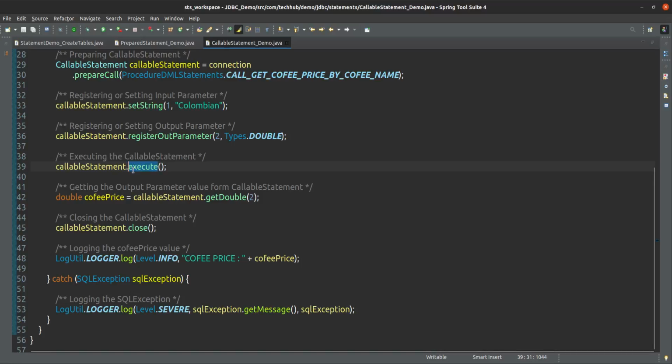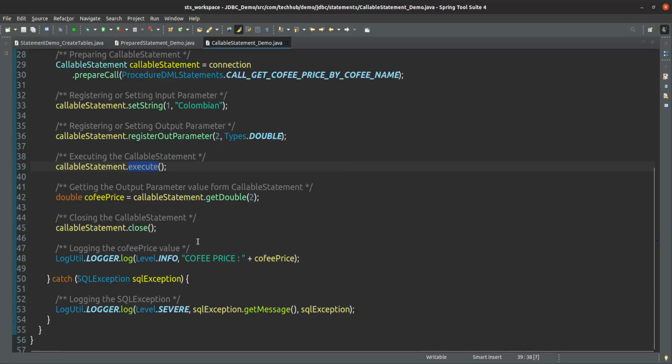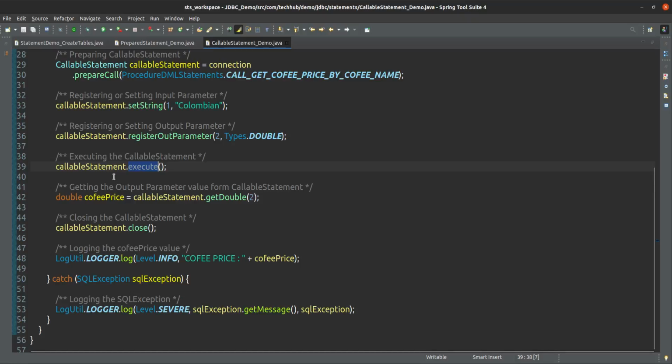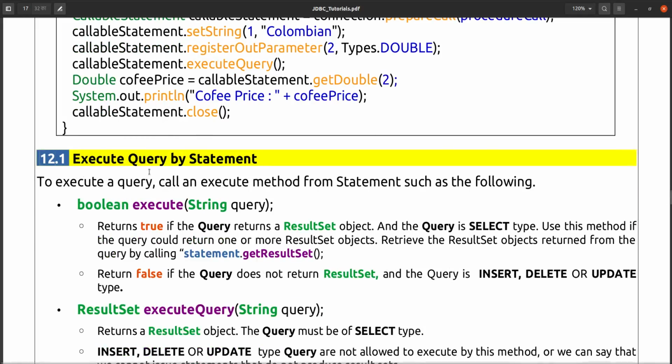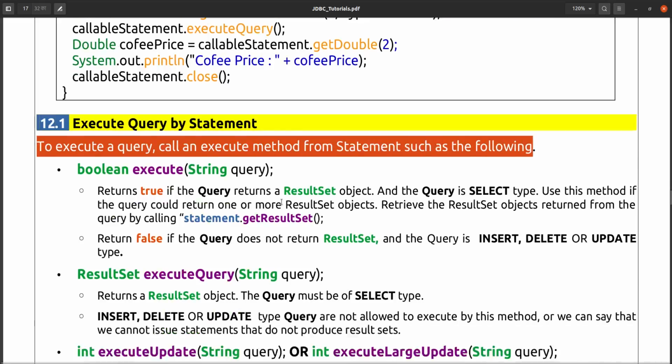Along with execute, some other methods are also there that you can use to execute the query, but those methods have some specific use. So we have to see how many methods are available for statement that can be used to execute the query. Executing a query by statement: to execute a query, call an execute method from the statement, such as the following.